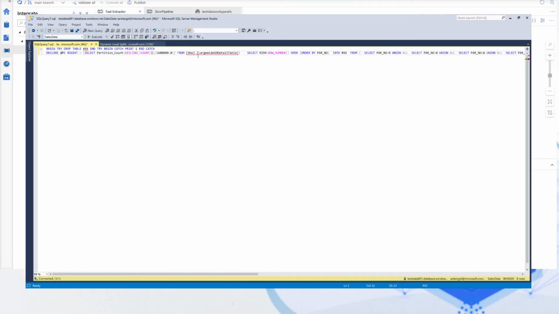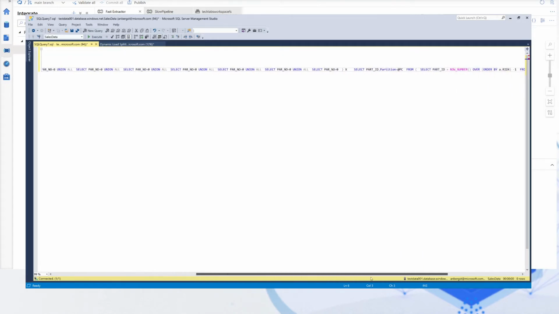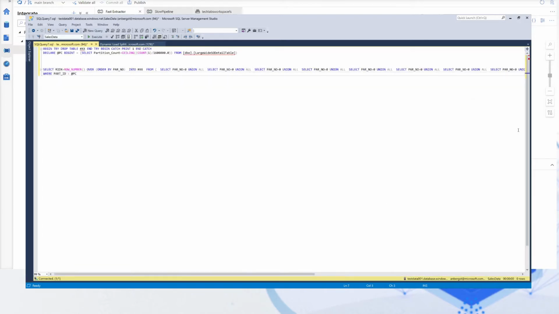First we have our partition count that we do, and then we have a seed table. So this is just, and please no one laugh, I just need to enumerate rows. And then we have a where clause. Right, cool. So first thing we do is we try to drop a temp table. That's just some housekeeping. And the second thing we do is we declare and set a variable. Okay, so if we look at the select statement, right,